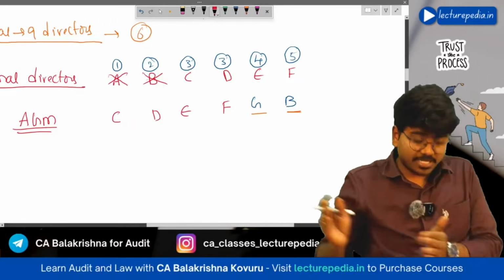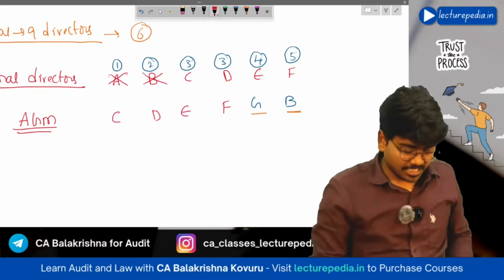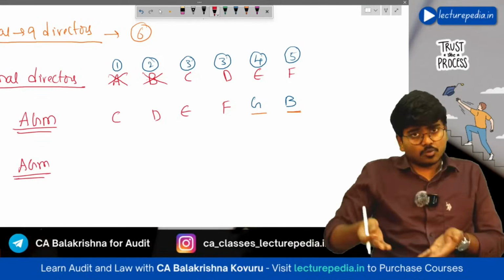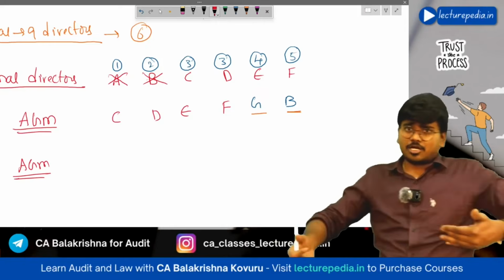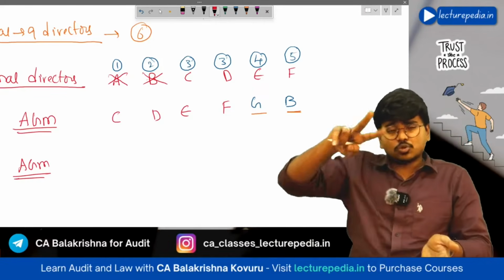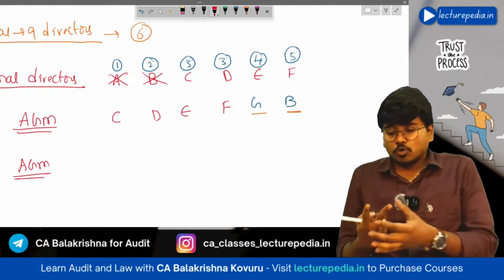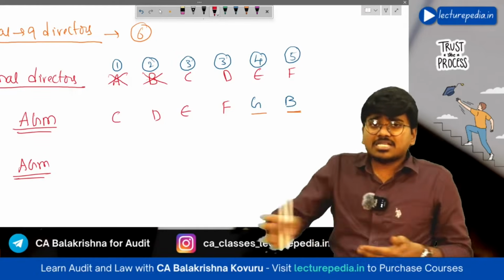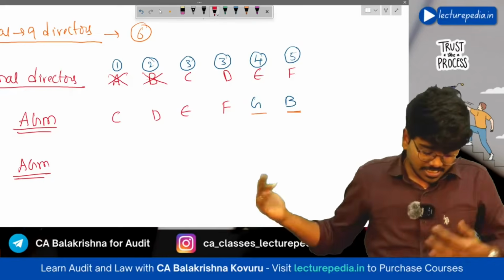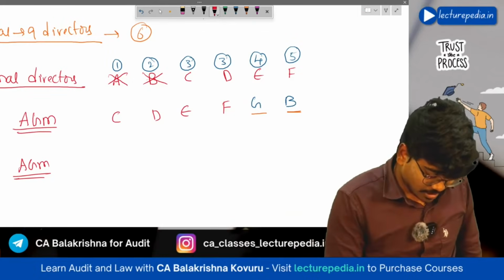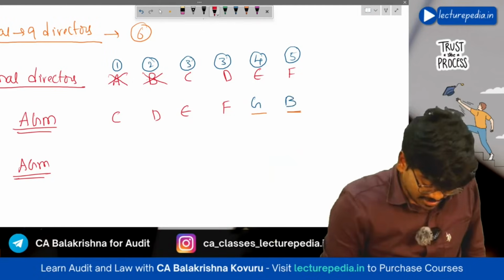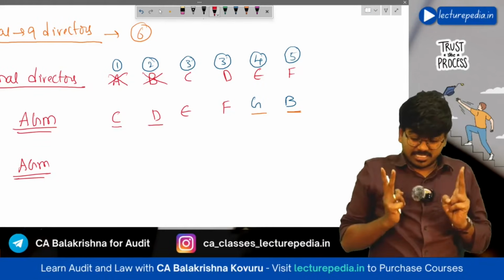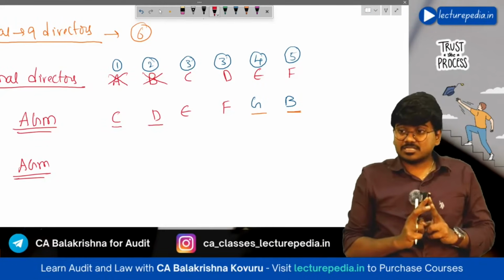So this has happened in this annual general meeting. After 1 year, another general meeting will come. In this general meeting, of the rotational directors, again 2 directors have to retire. Now who will be those 2 directors that have to retire? The director who is longest in office will have to retire. Now if you see here, who is longest in office, here the problem arises because Mr. C and Mr. D, these 2 directors are longest in office, but